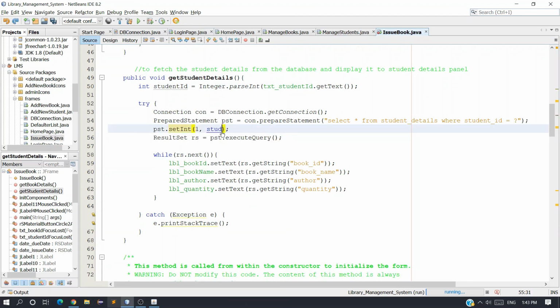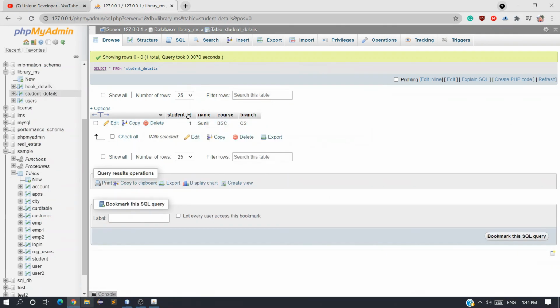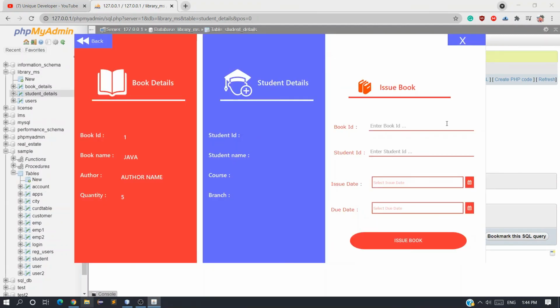Okay, studentId, and we need to change the label name also, so lblStudentId, and here also. The table name and the column name, let me go to my database, and here student details, you can see the column name is student id, next is name.